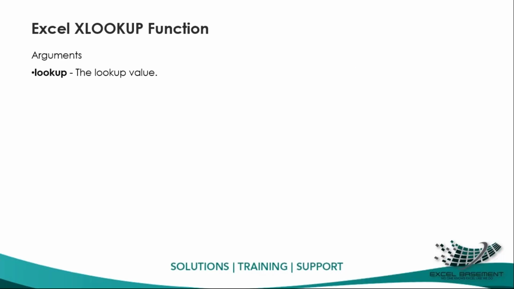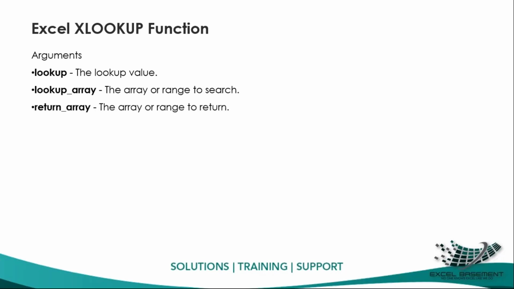So let's understand the arguments and the advantages of XLOOKUP first, and then we will go towards the demonstration side. The first argument is the lookup value. Lookup array: we need to select the array or range of cells in which we need to search the criteria. Return array: the array or range to return, that will be the result array. We need to select only that specific column or row. Not found is optional. This will be the value to return if no match is found. If there is no match, what kind of value do you need to have in the cell.